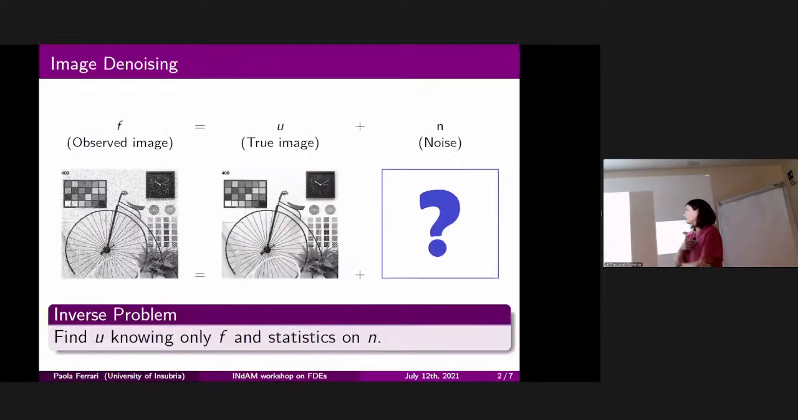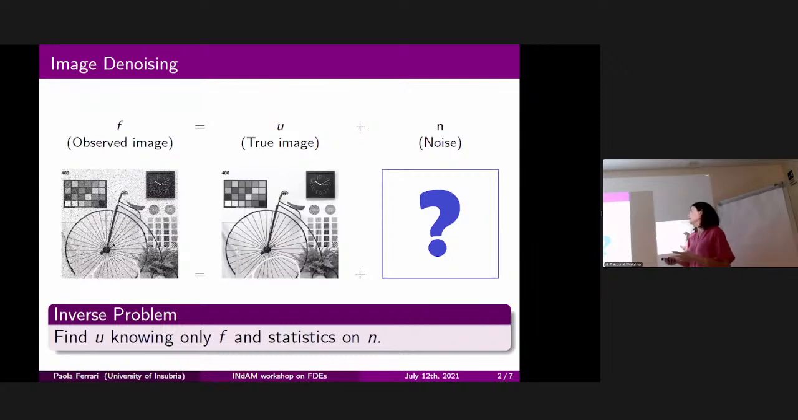So, what is image denoising? Well, we observe an image which has been corrupted by some noise. And of course, we want to find the original image, we want to reconstruct it. The point is that we only know the observed image, and so reconstructing it without knowing the actual expression of the noise is an ill-posed inverse problem. And usually we know only some statistics on the noise, which we can exploit. Indeed,